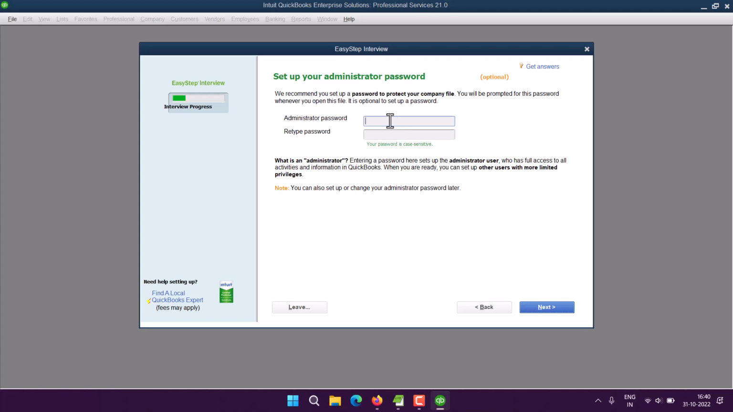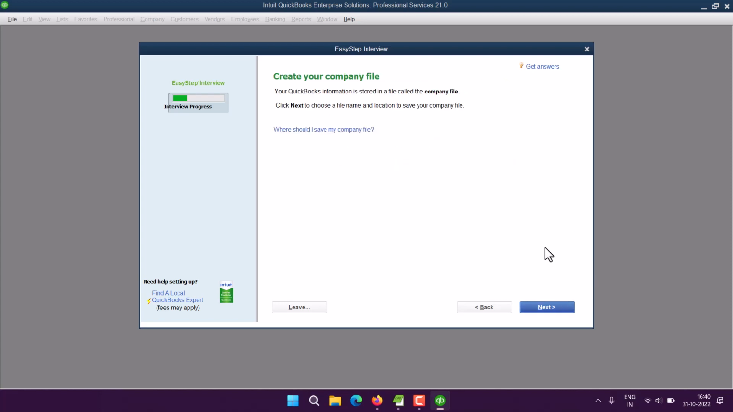I will type that in. Okay, next thing, I will click next. The previous step was optional, but you can enter it if you want to keep things private. Next thing, you will have to create your company file, right? So click next